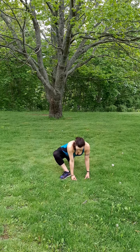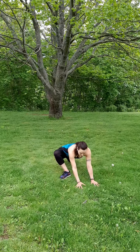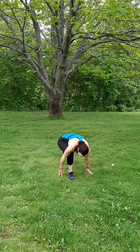Breathing deeply, relaxing into the stretch as much as you can. You can come up onto the fingertips. You can walk the hands forward and bend the elbows in toward the body if you'd like. Just making it yours. Great, and now we'll shift to the back knee, recenter that front foot and step forward